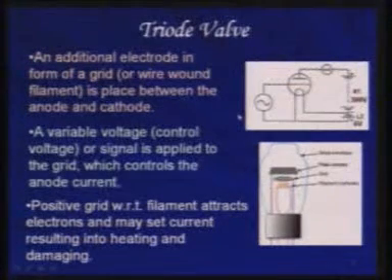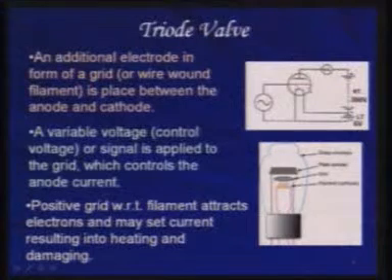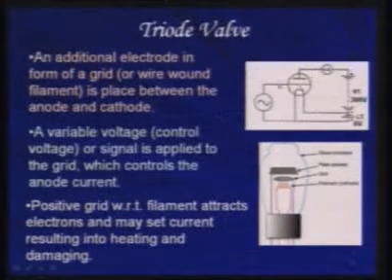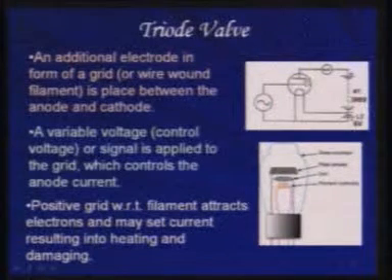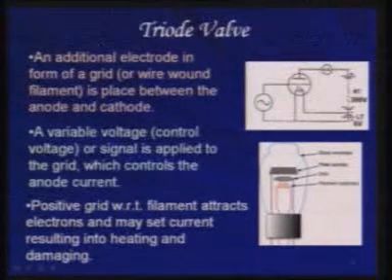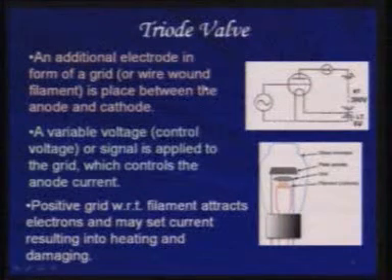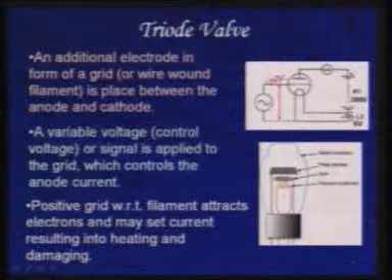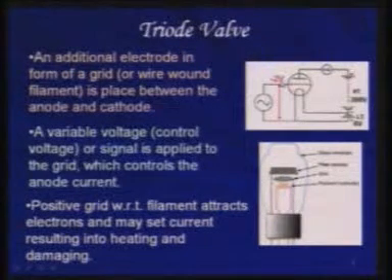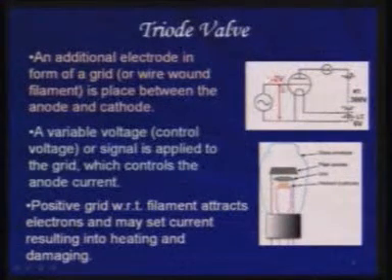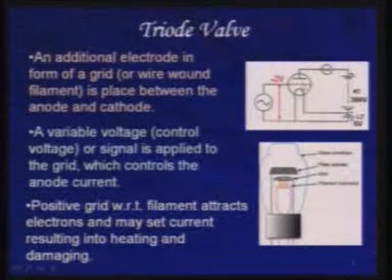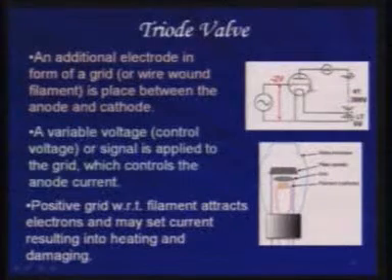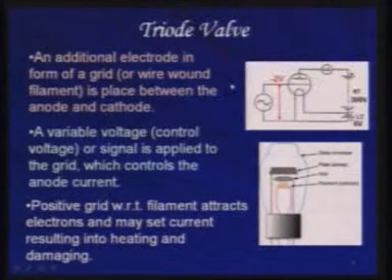Of course, as I told you, if you apply a positive voltage here, then all the electrons that are there will start getting attracted to the grid itself. They don't even have to reach the anode, but that will heat the grid and it may even damage it. So essentially the grid is always biased, even under no signal condition, at a small negative potential, so that it does not attract these electrons or get damaged. It is only operated in the negative signal.